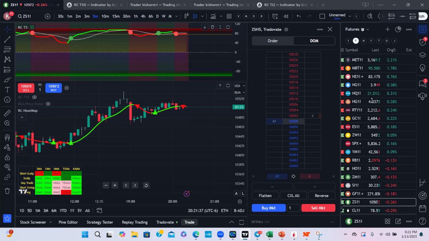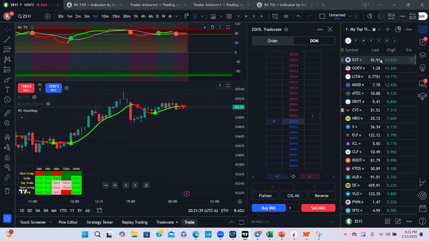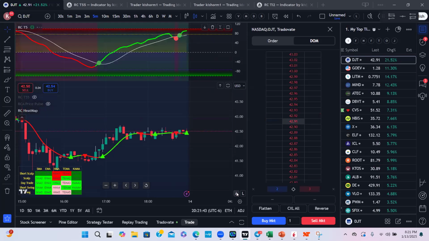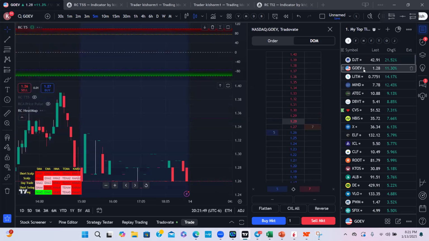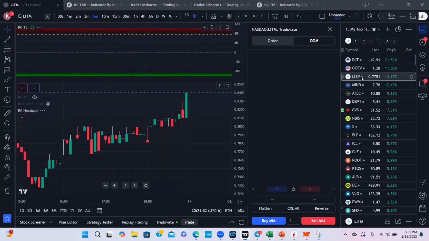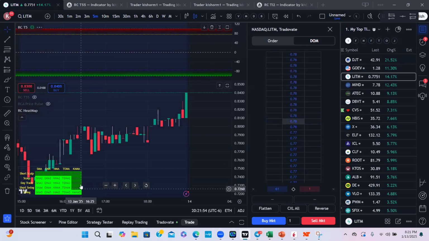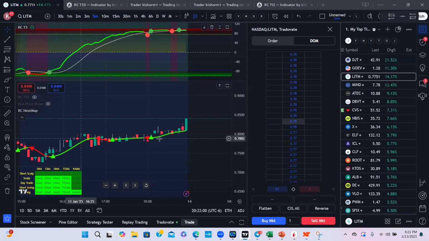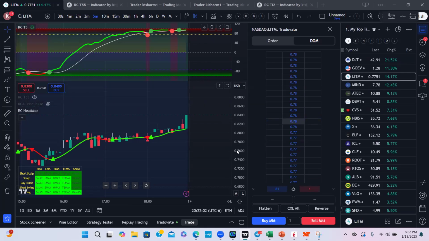If this is completely, for example, let us go to DJT. And so it is looking good. So based on if something is completely green, that means this is very good for LITM, is good for tomorrow also, we may see a big move on this. Then you have,